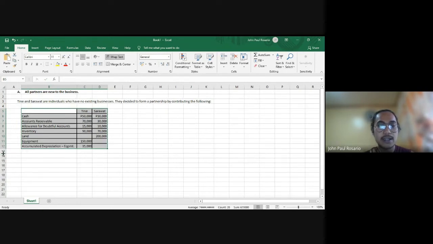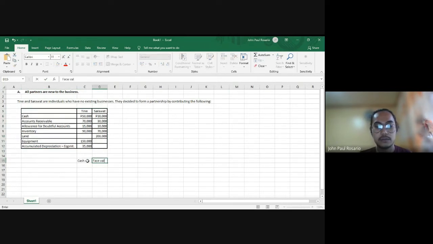We record cash at face value. So cash is at face value because there's no difficulty in determining kung unsa na ang value sa cash, because kung unsa ang iyahang nawong, kung pila ang iyang amount, mao gyud to siya imong i-record nga amount pod sa imong pag-form sa partnership.